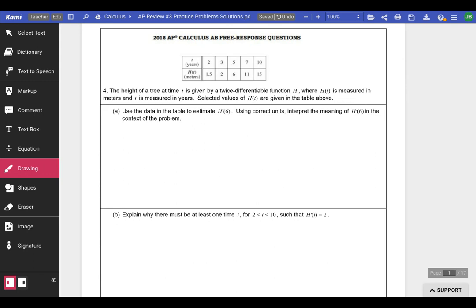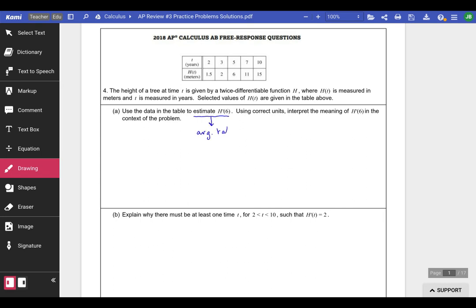Everyone, this video is going to go through question number 4 from the 2018 AP exam. What we have here is a table of values. The function we have is the height of a tree at time t given by a twice differentiable function h, and select values of h are given in the table. The first part, A, is asking us to use the data in the table to estimate h prime of 6. So we're estimating the derivative, and to estimate the derivative, we're going to use the average rate of